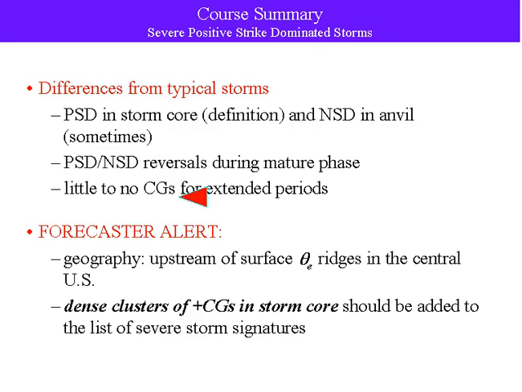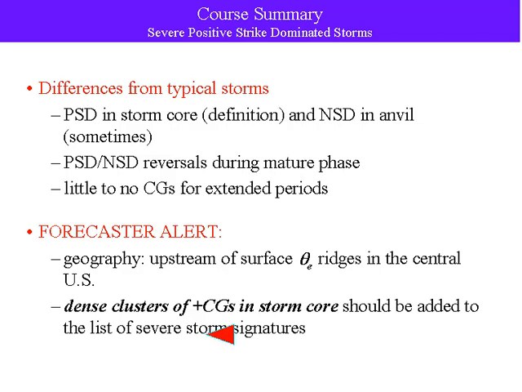So the forecaster alert here is generally look upstream of surface theta E ridges in the central U.S. for severe PSD storms, although if you see positive strikes with a storm anywhere in the U.S., you need to pay particular attention to it because these are found to be associated with severe weather. Also, look for dense clusters of positive CGs within the storm core,